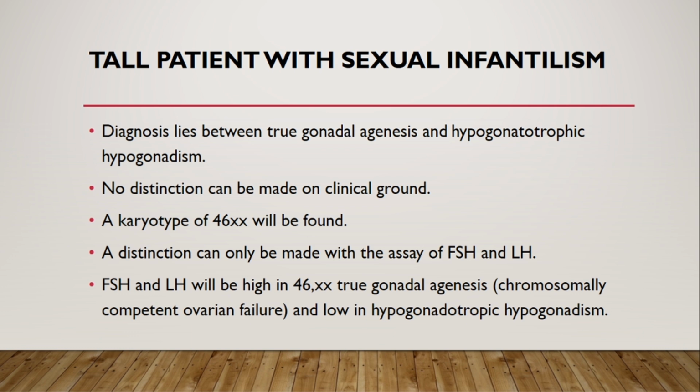The diagnosis in this type of patients lies between true gonadal agenesis and hypogonadotropic hypogonadism. The patients with true gonadal agenesis, we have defined them in our introduction section as people who have normal gonads, with 46 XX, and some of them may present with